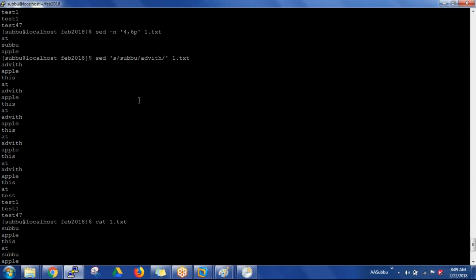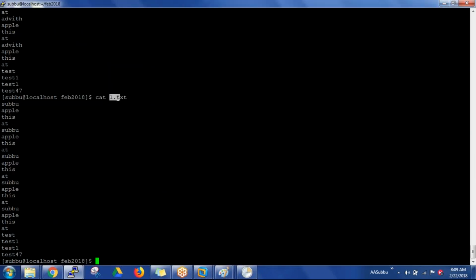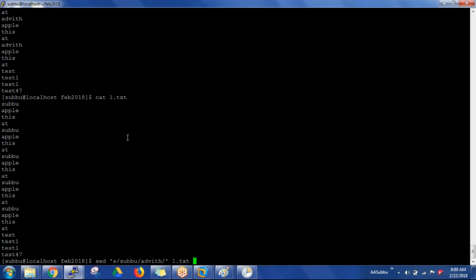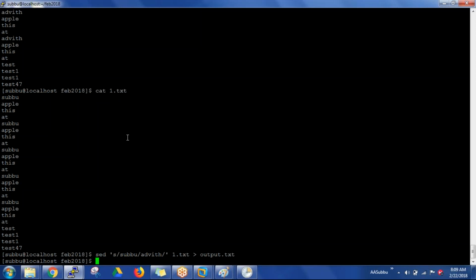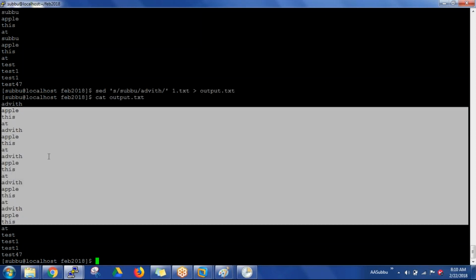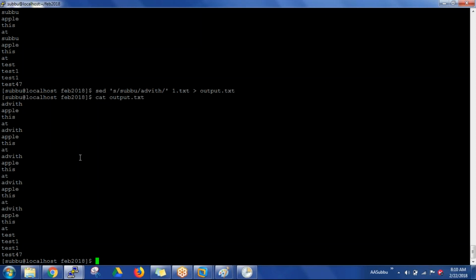So it will not update the text on the screen. It will only replace on the stream. Then if you want to save this output to some other file, you redirect this output to output.txt. Like this you can redirect the content to the file, so that your output.txt file contains Advith here. Right, got it? So sed is a command that helps you